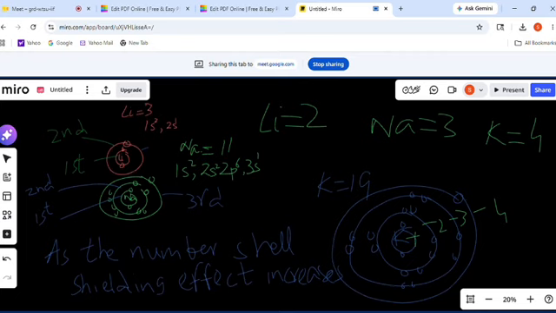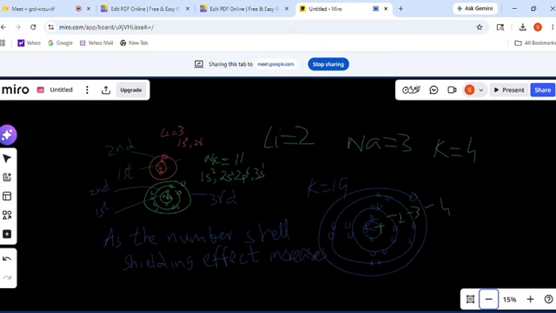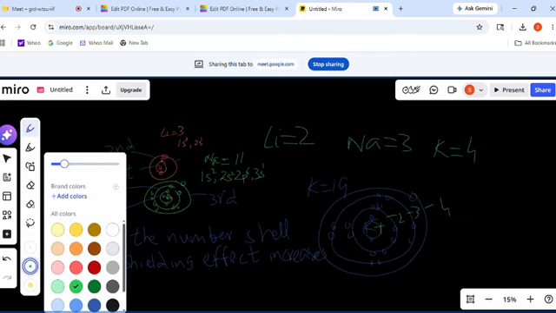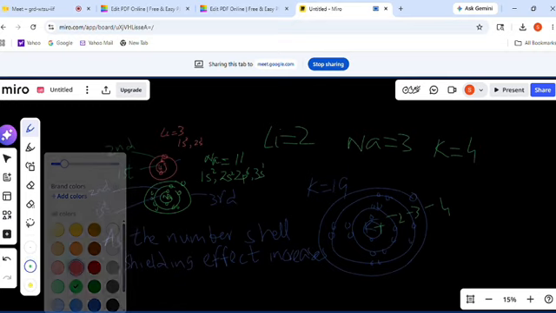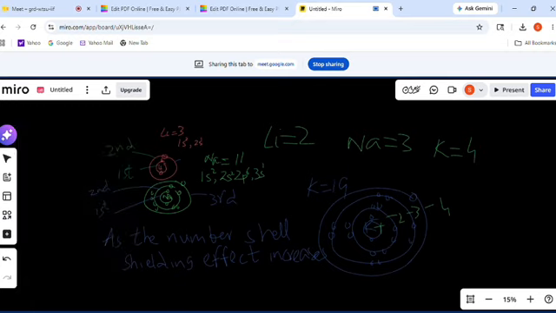So as the number of shells increases, the number of inner electrons also increases. So the inner electrons or these shells act as a shield. आपको shield का मतलब पता होगा कि in other words हम कह सकते हैं वो रुकावट करते हैं. तो जिसकी वजह से वो फोर्स ऑफ अट्रैक्शन को अपोज करते हैं. न्यूक्लियस और आउटर मोस्ट इलेक्ट्रॉन के दरमियान में जो फोर्स ऑफ अट्रैक्शन होती है उसको रोकने की कोशिश करते हैं,